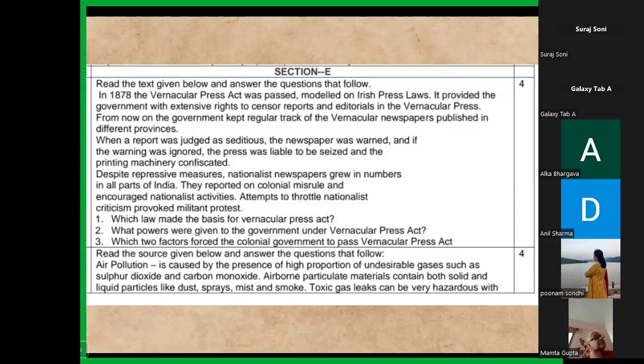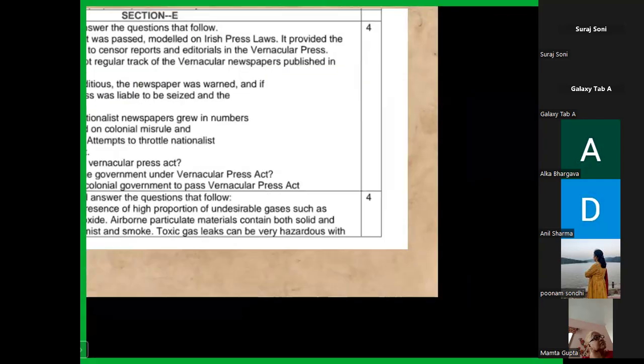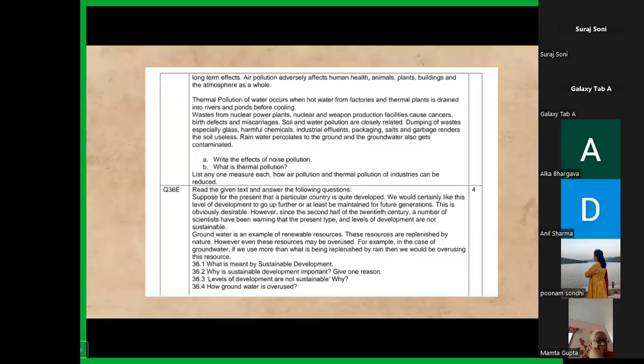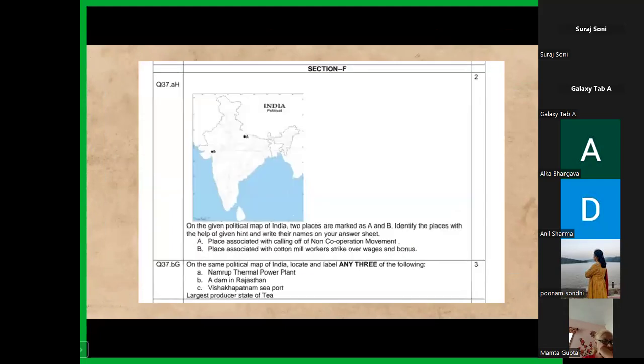If that is missing, then please make the children understand that for a 2 mark question, minimum 2 points. The child may want to use more than 2 points, perfectly good enough, right? Likewise, we can also have a look at the map questions which are given here.